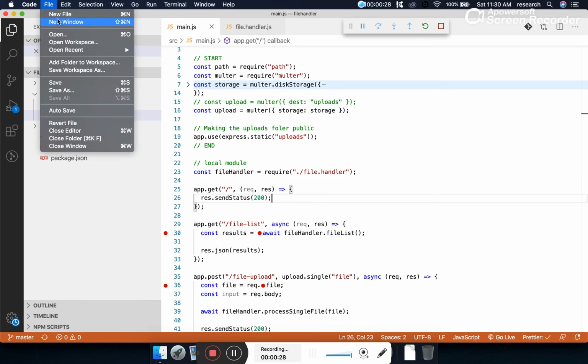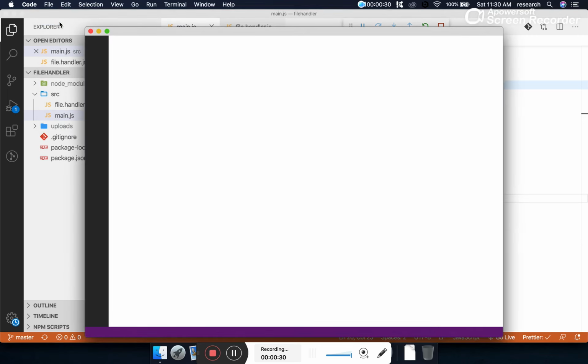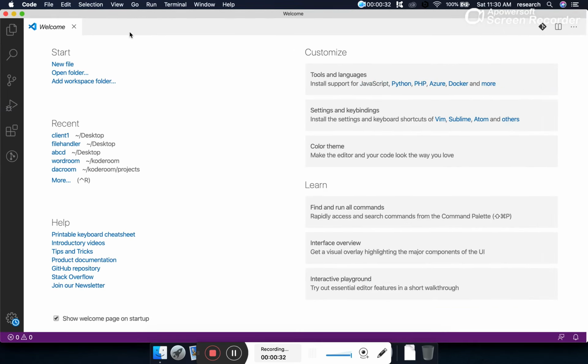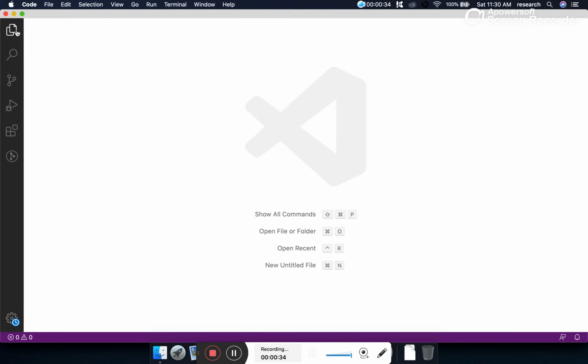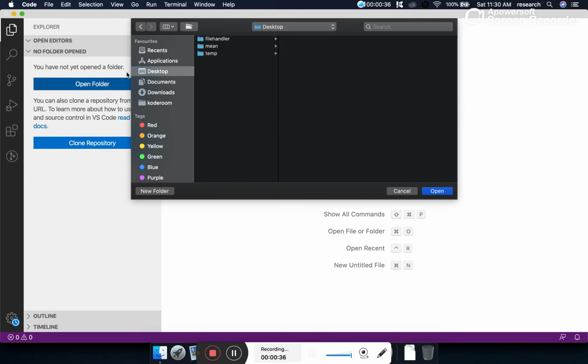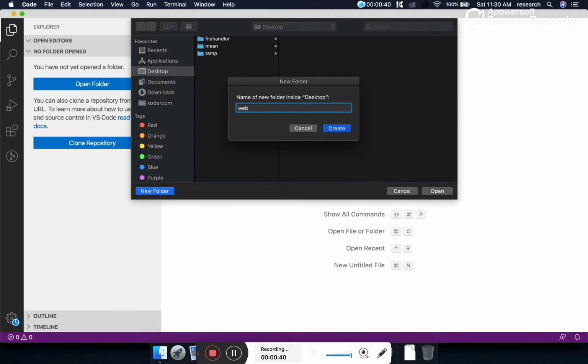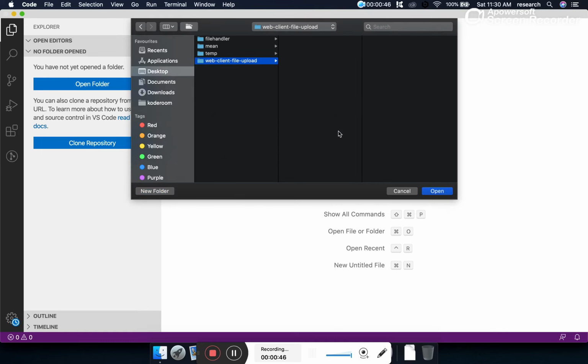Let's begin by creating a new project. So I'm creating a new window of VS Code, and let's create a new project. My project is web client file upload.